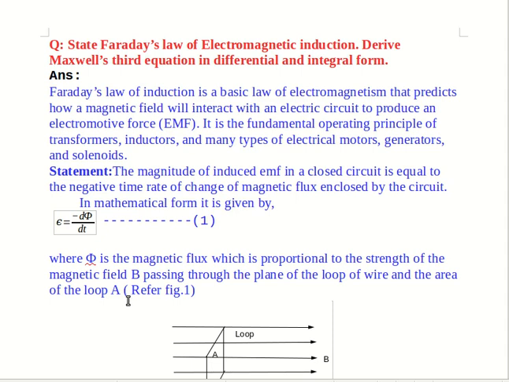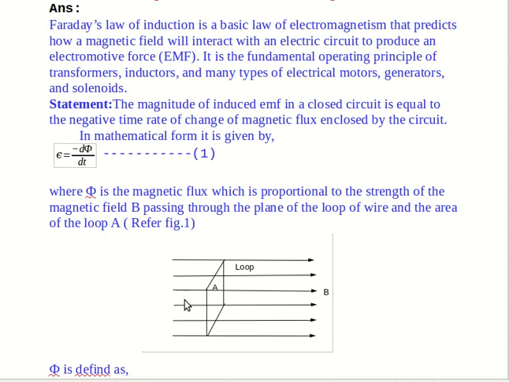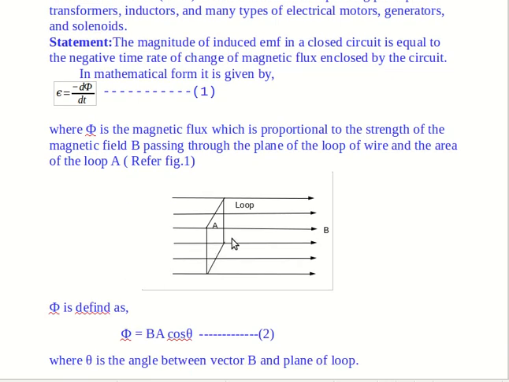To understand this further, let us refer to this figure. In this figure, these arrows indicate the magnetic field along the positive x direction. The magnetic field itself is a vector quantity, and in this field we have inserted the rectangular loop of a coil through which current will flow later. This loop has area A and B is the magnetic field strength. Let us understand how the flux changes in this case.